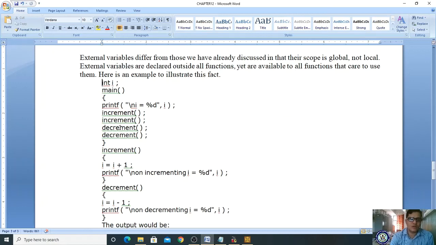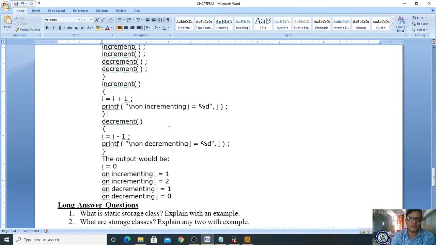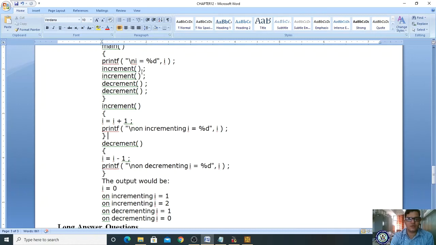Now you are incrementing, the value will be incremented. If you decrement, it will decrement, right? Because the scope is global. First you are calling the increment here, it will execute 0 plus 1, and 1 will be displayed. Once again you are incrementing.